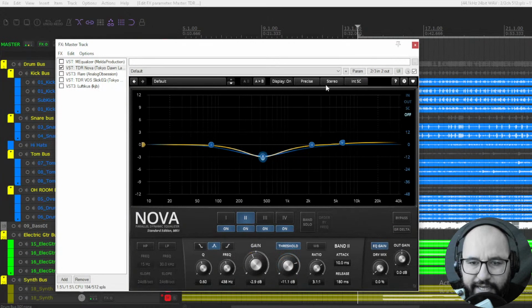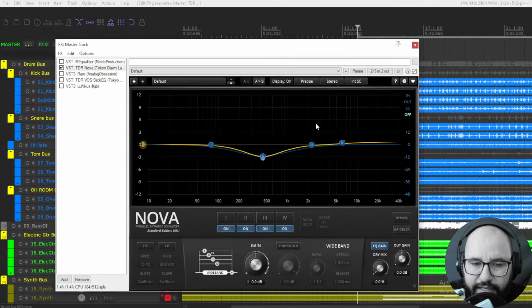And you of course have some mid-side processing as well. So you can, for instance, process the left of the mix, the right, the center of the mix, or the sides, which is the difference, right? And yeah, super cool. Also works in mono, and yeah, love this plugin.